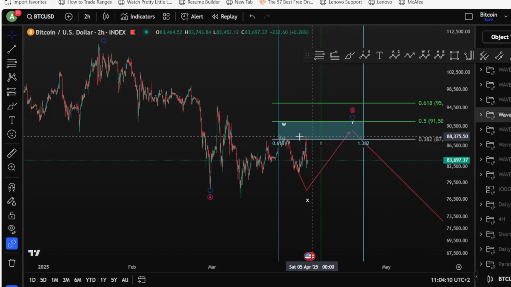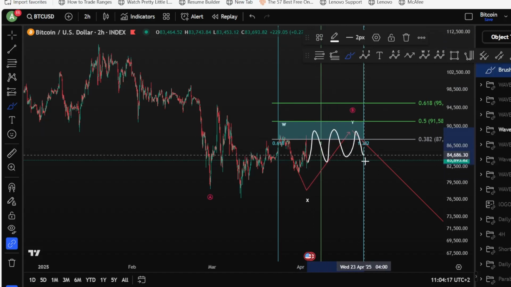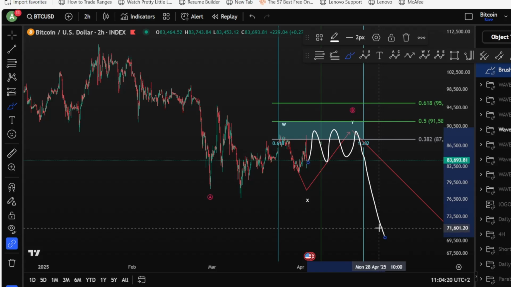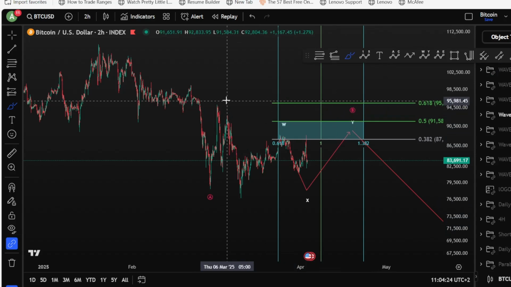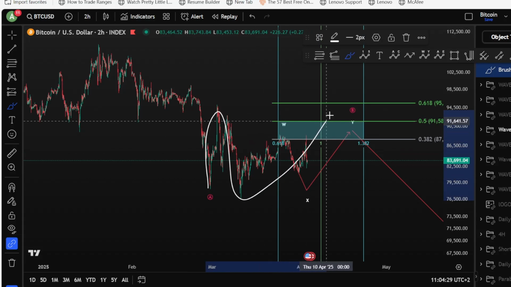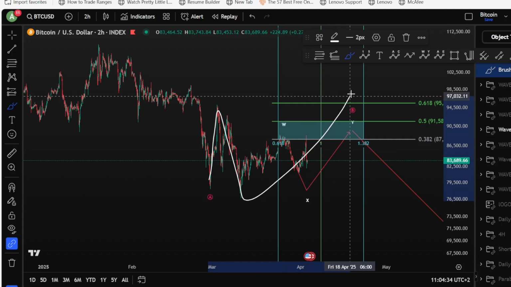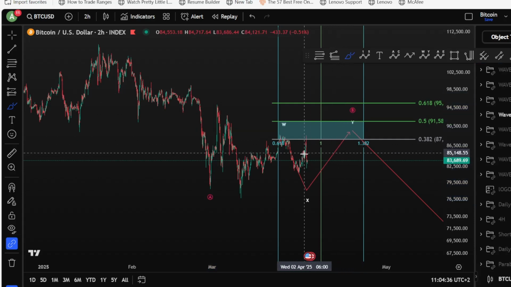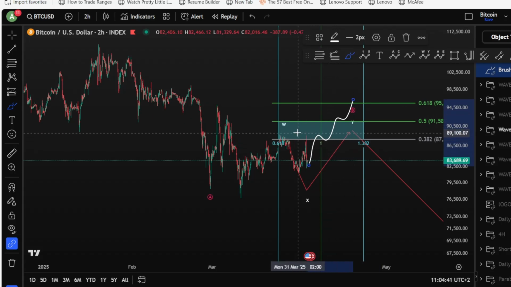The highest possibilities give us either a range in this area inside this blue box, or we drop directly toward the downside. One of the very rare possibilities is that we take the high again. If you would like to take the high here as an A, B, and a C toward the upside, or a big WXY, it is possible, but you would like to see an impulse. You would like to see a clean impulse toward the upside, which is missing right now on the chart.